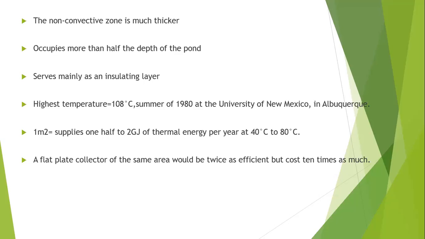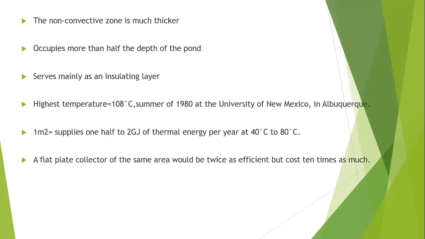As the salty water near the bottom heats up, it expands. However, it cannot rise because it is denser than the less salty water above. So though they are heating up, they cannot rise due to the salt we are using at the bottom. Thus a solar pond is defined as non-convective, and the warmer water stays trapped below only.